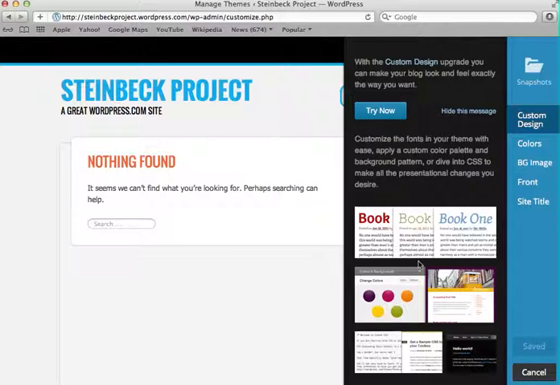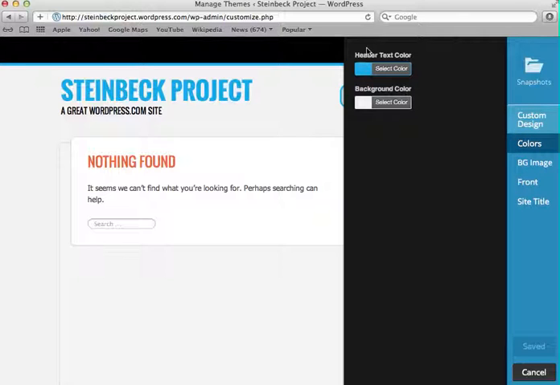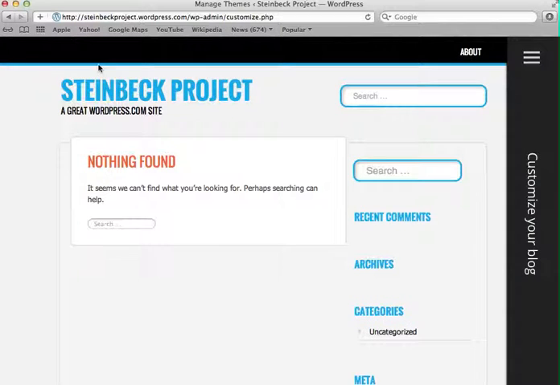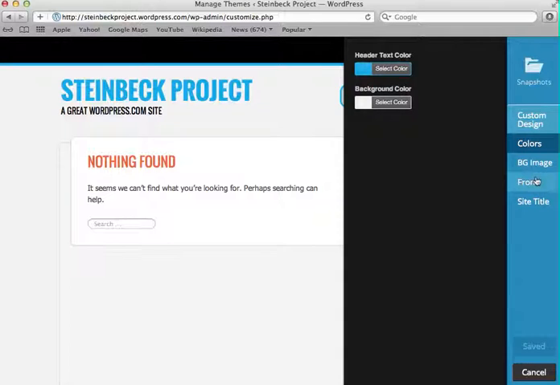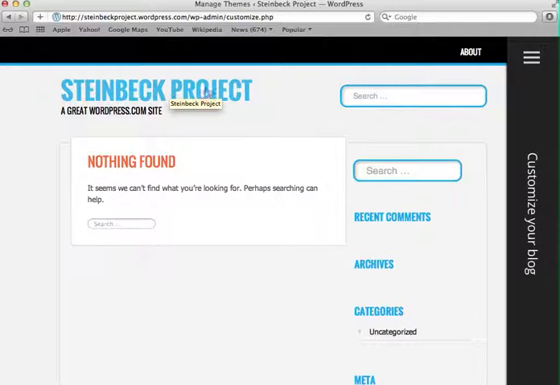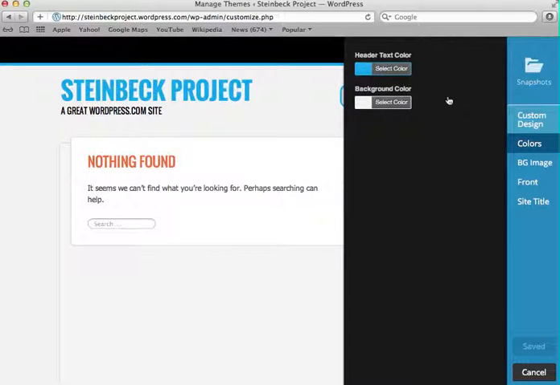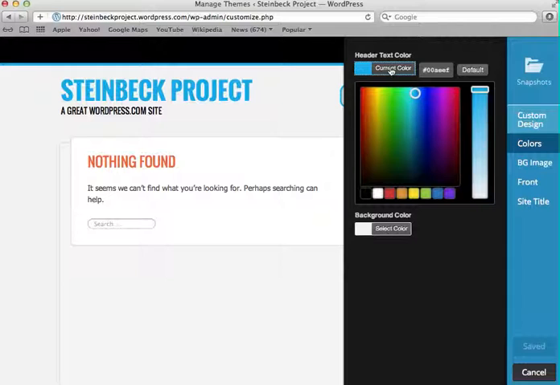So the first thing that you might want to do is change the design by changing the fonts or the color palette. Unfortunately, if you want to do that, you're going to have to pay for it, so we will leave that and just do it manually. We can change a couple of things, not everything. For example, we can change the header color, so this bit here that says Steinbeck Project. If we didn't want that to be blue, we could just simply change it. So let's try